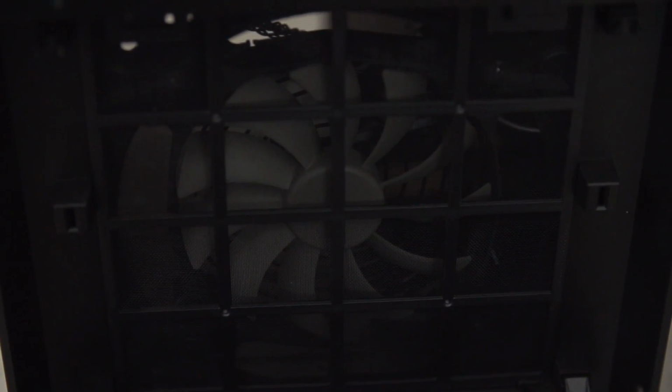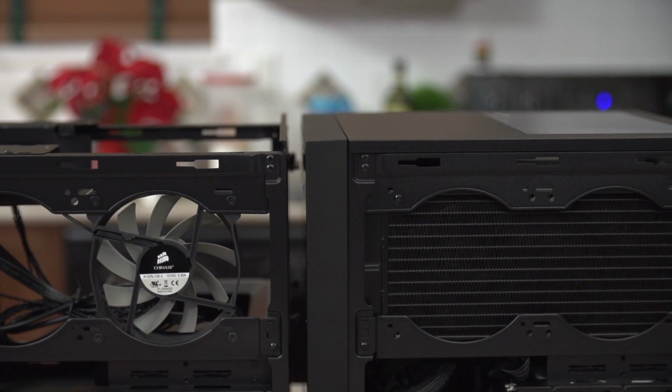Which doesn't mean that you have to liquid cool it. I mean, no compromises cooling. It also comes with some flexibility. The 250D comes with a 140mm intake fan and a 120mm exhaust fan to get you started on liquid cooling or on air cooling. The point is, however you want to cool it, the thing we can all agree on